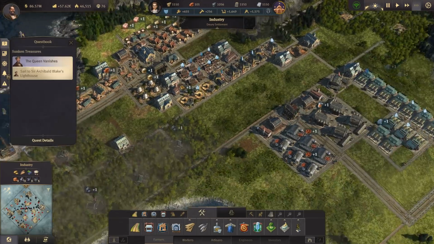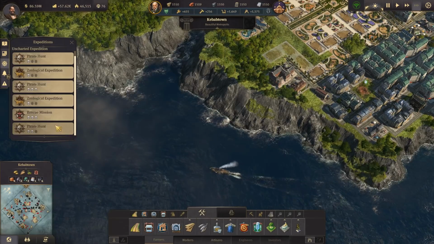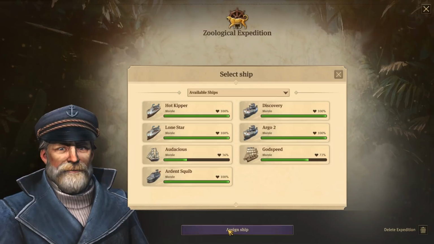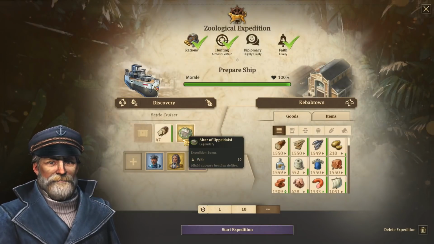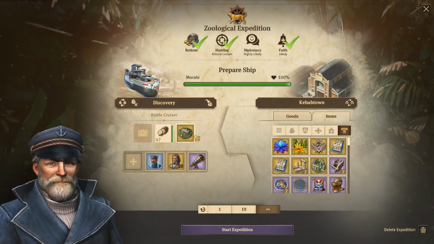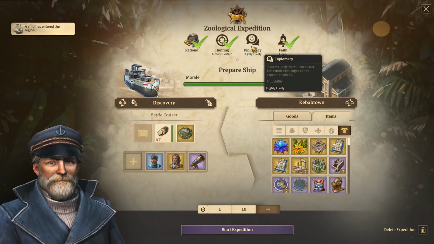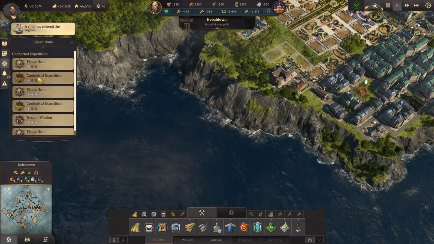Okay, I could go on a new expedition. Preparation. Ship shape. Your ship has returned from its voyage. All these give me faith. Okay, and diplomacy is not really needed, so...